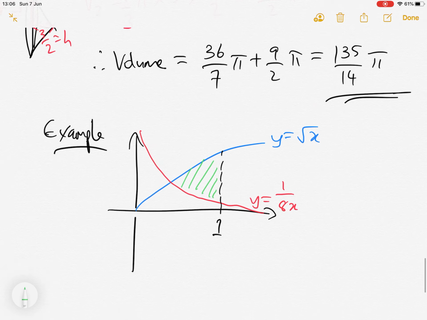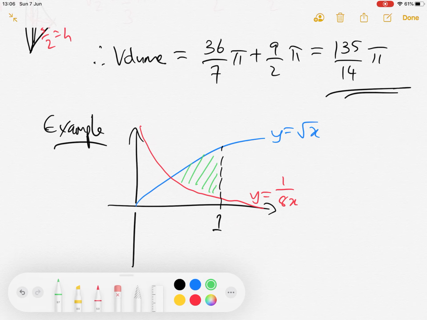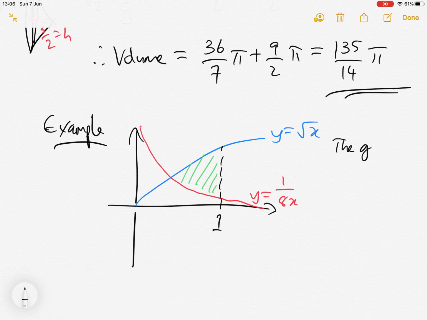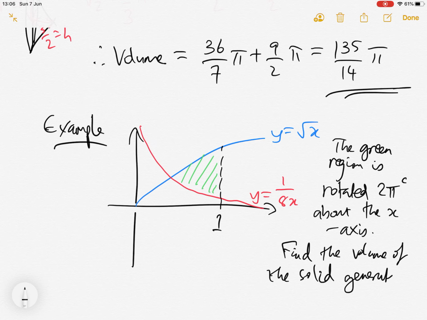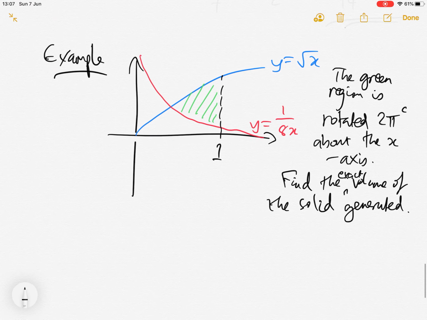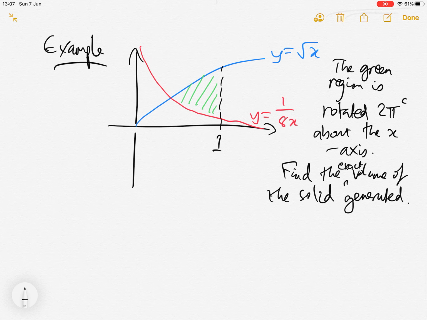So we can just say the green region is rotated 2 pi radians about the x-axis, and the question again is find the volume of the solid generated. Let's say find the exact volume. Okay, so the solution,